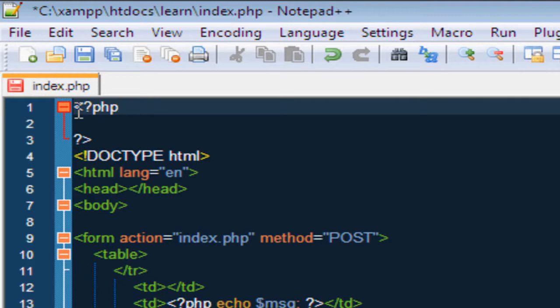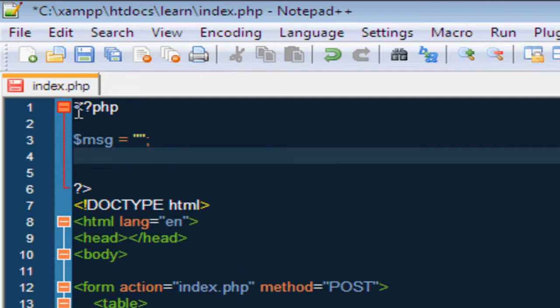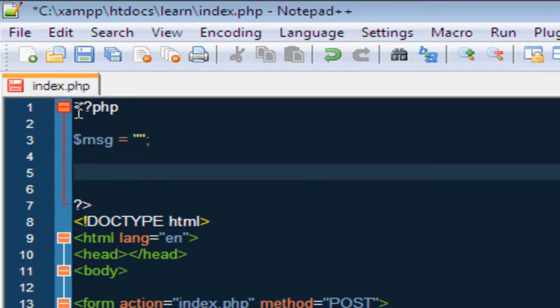After that, we go all the way up to the doctype, press enter a couple of times, open PHP syntax, and here we're just going to declare it. So MSG equals nothing for now. The first thing we're going to do is the if statement. So we're going to say if isset